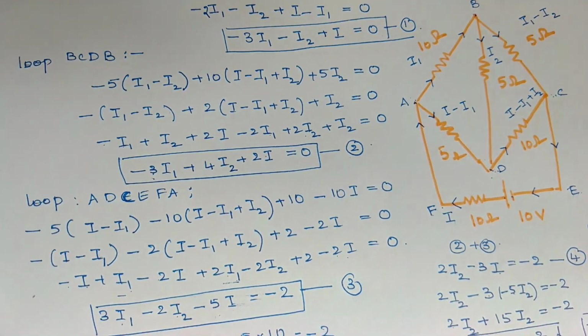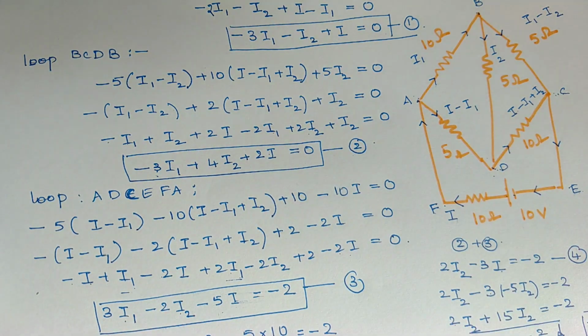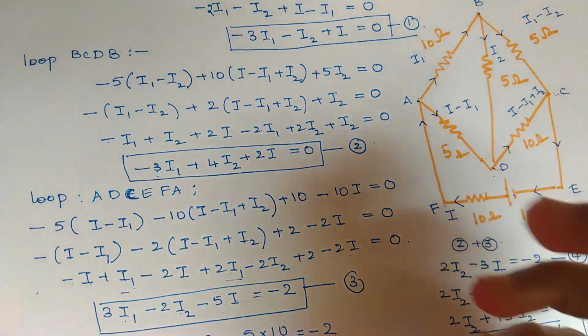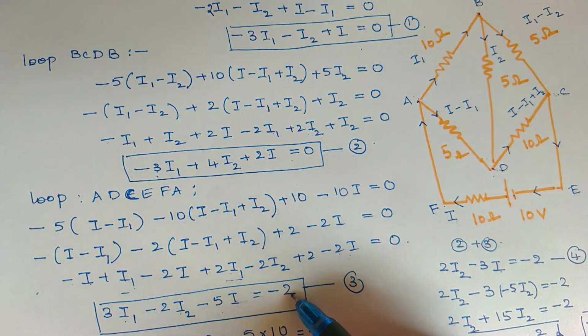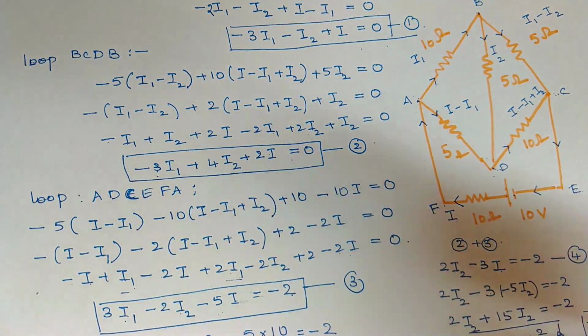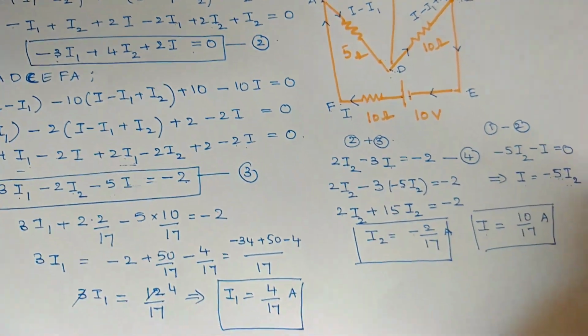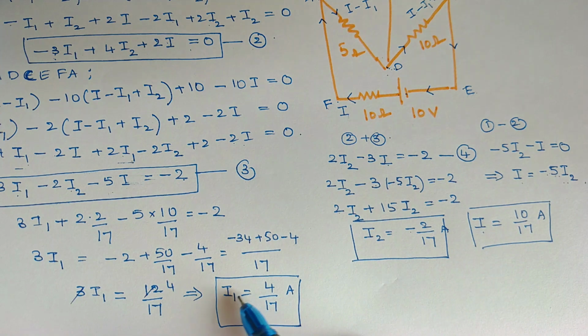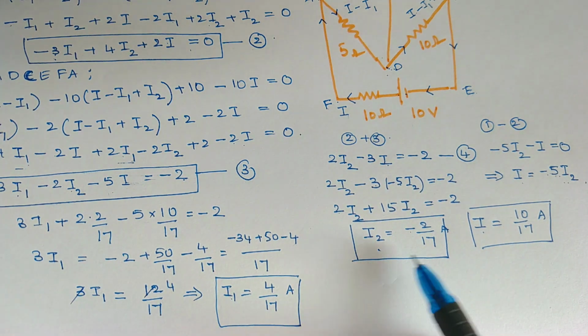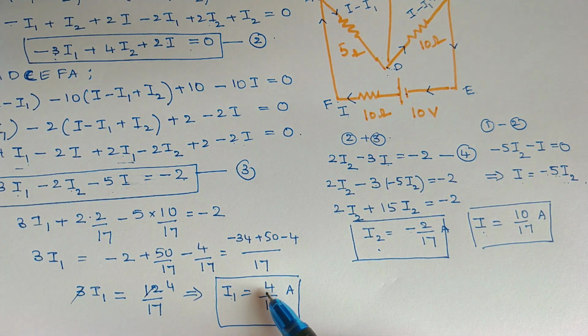Though the calculations are looking lengthy, once you know how to frame these 3 equations, you can easily solve, because the remaining part is only mathematical portion. So try to understand how to frame the relations, but once you get the equations, you can use any of your algebraic methods for solving to get the values of I, I1 and I2. But be careful, these are not the answers. The question is, what is the current in each resistor?